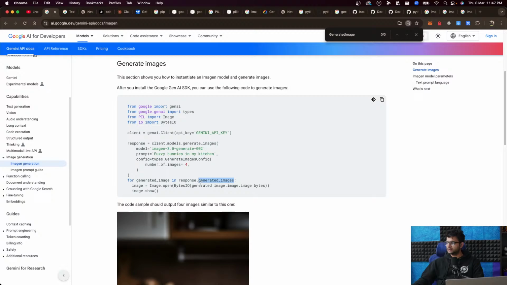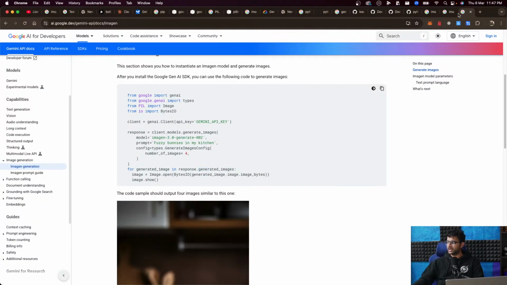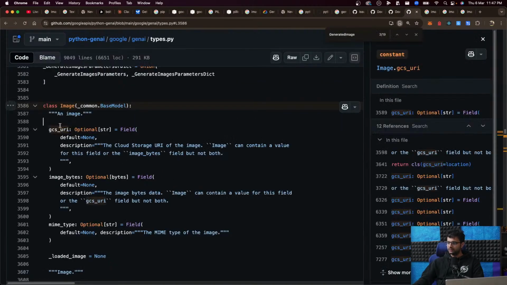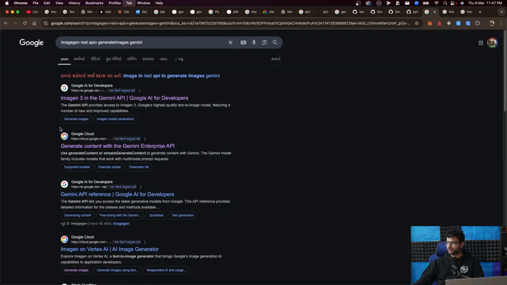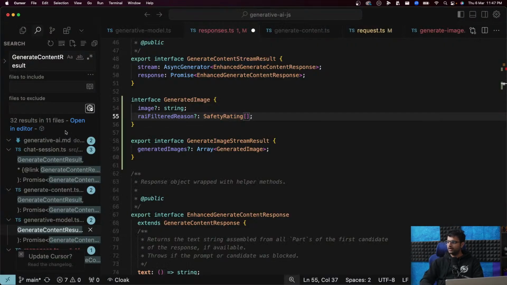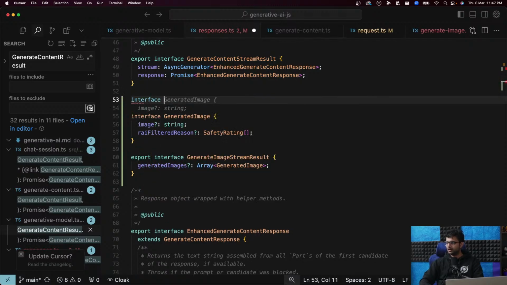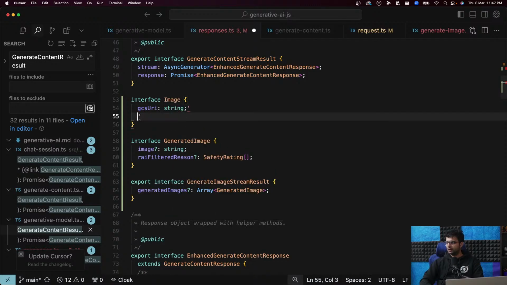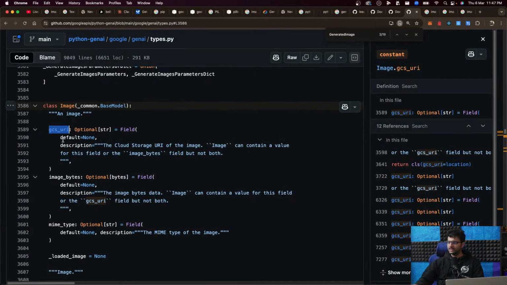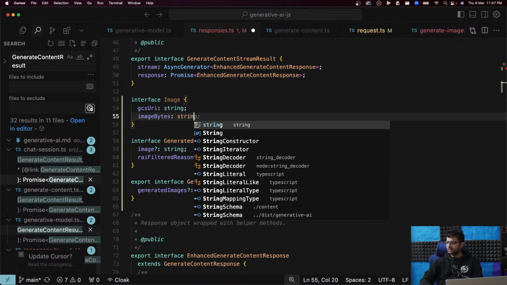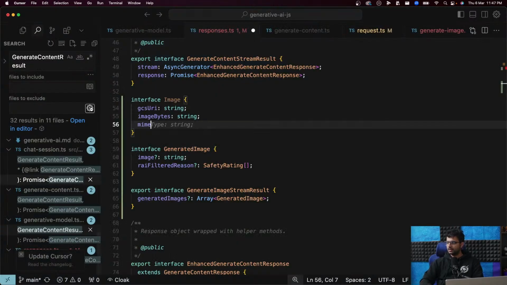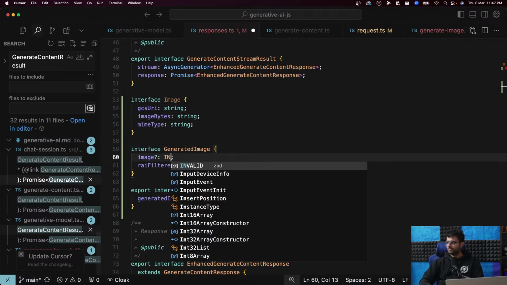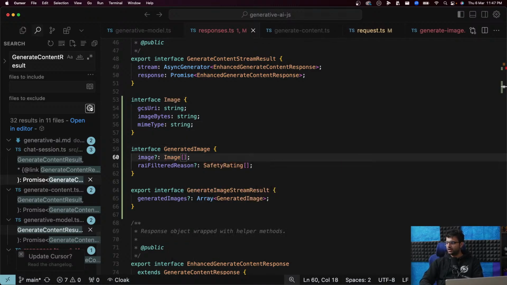Indeed, it does return you only the image bytes. That's weird, but that's fine, works for us. So GCS URI, string. What else? Image bytes, string, and MIME type string. This will be an image array.